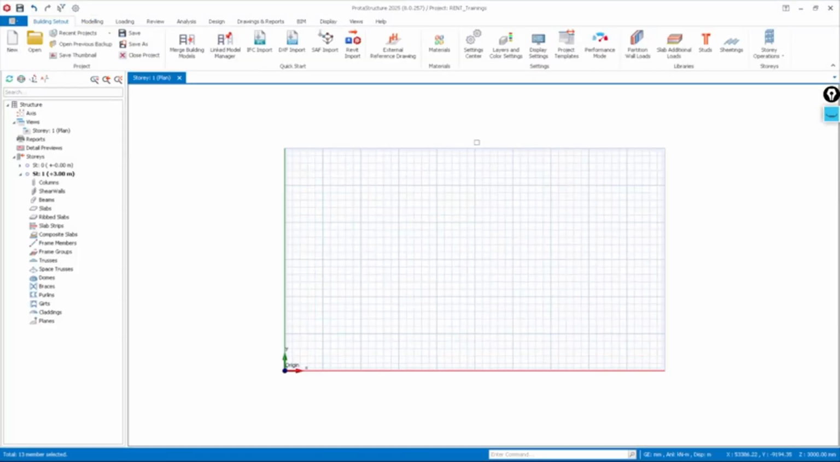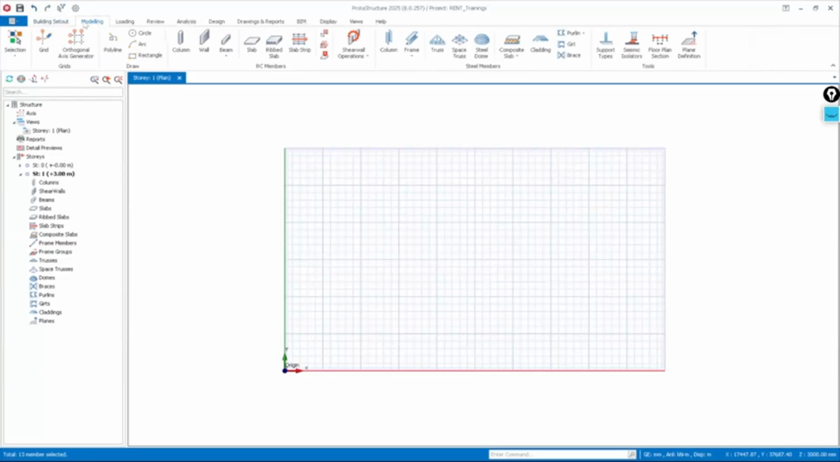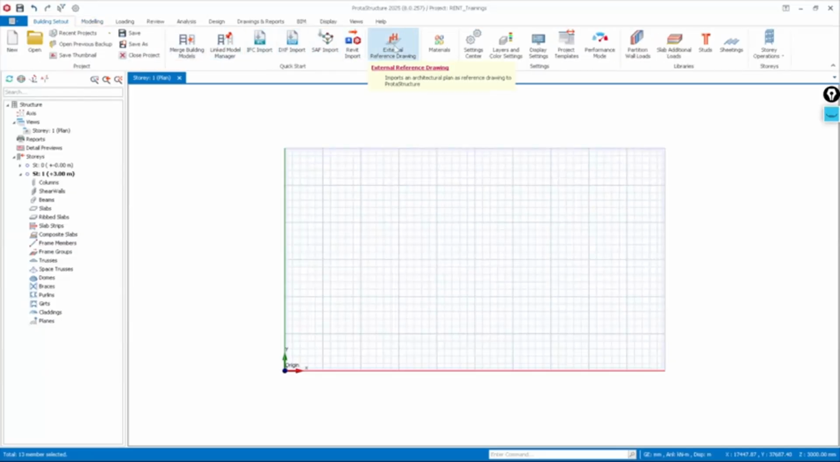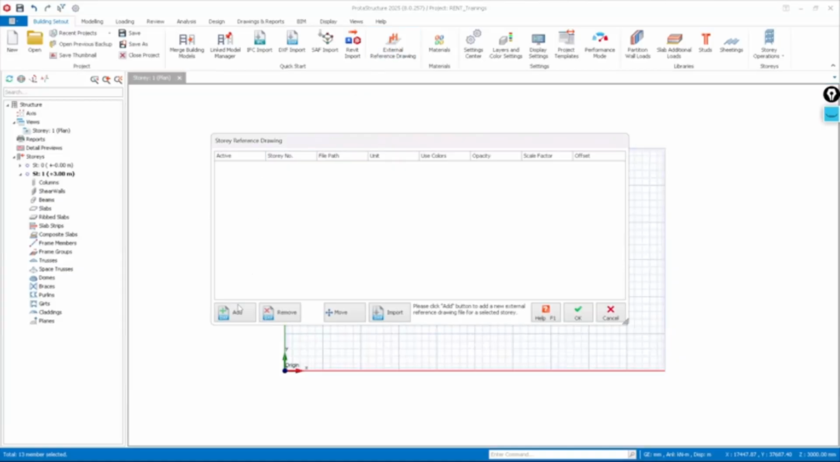Okay, so let's now learn how to draw axes by using the XF drawing, that is an external reference drawing. So this actually means importing an external reference drawing from any other 2D drawing software, maybe AutoCAD, and then importing that to ProtaStructure, and then using that to trace out your axes and draw them. Okay, so now to do that, simply go to your building setup tab, and you're going to get this option that says external reference drawing. Click on that once, and then click add,